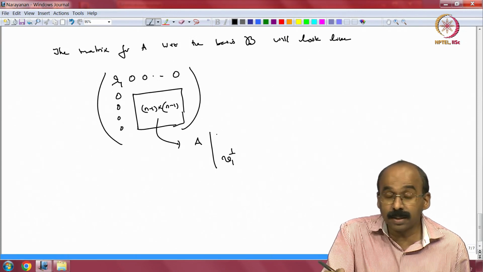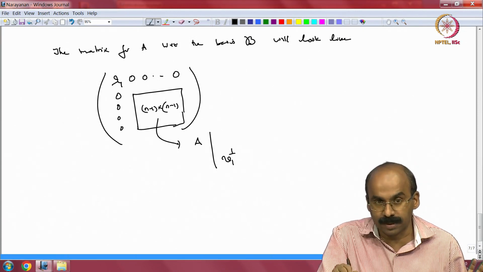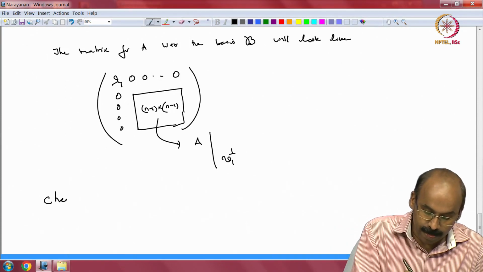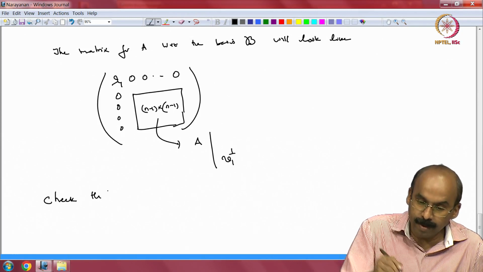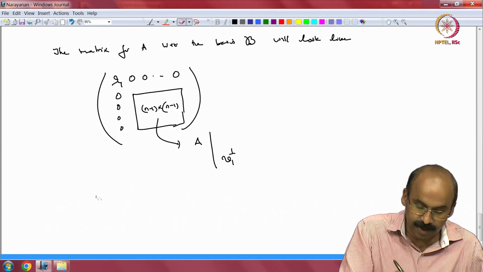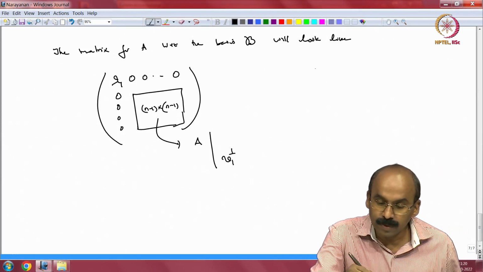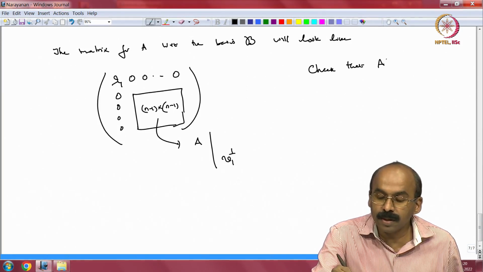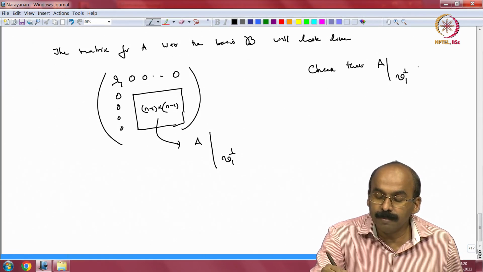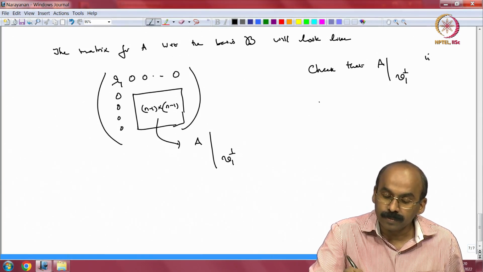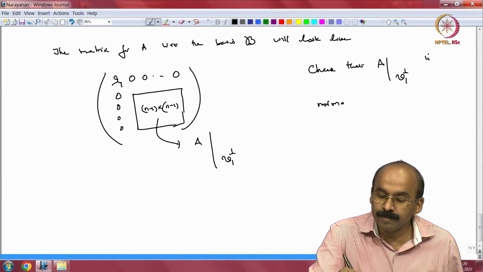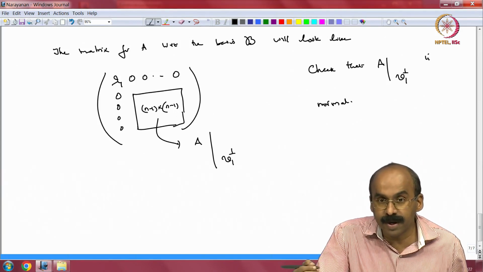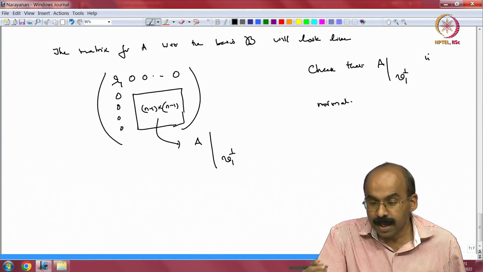So, this is simply the restriction of A to that subspace, and so check that A restricted to V1 perp is normal. Okay. A restricted to V1 perp makes sense because V1 perp is invariant under A and A star also